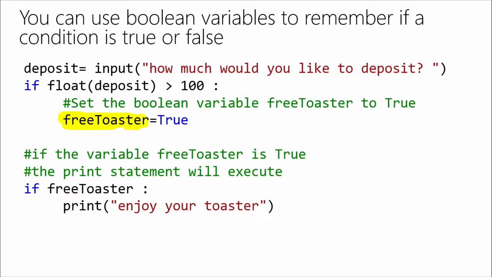So I'm creating a flag here, but in the end, it's just a variable, and the variable stores a value of true or false. And I'm saying if they deposit over $100, free toaster is true, because yeah, they can get a free toaster. And then later in my code, maybe I have a whole bunch of other complicated logic that actually updates their balances and so on in the actual system. And then later I say, oh, by the way, I got to remember, if free toaster is true. But you don't have to say if free toaster equals true. You can just say if free toaster, then do the following.